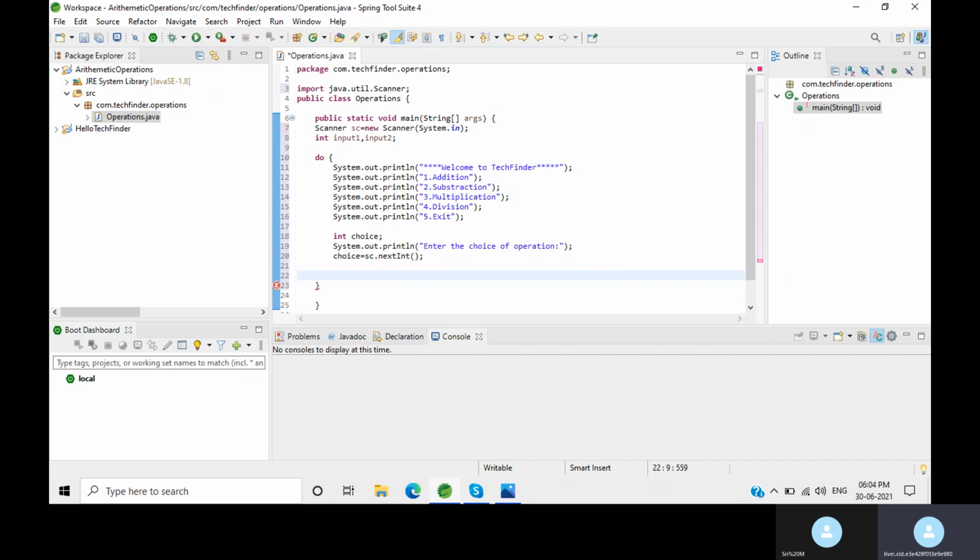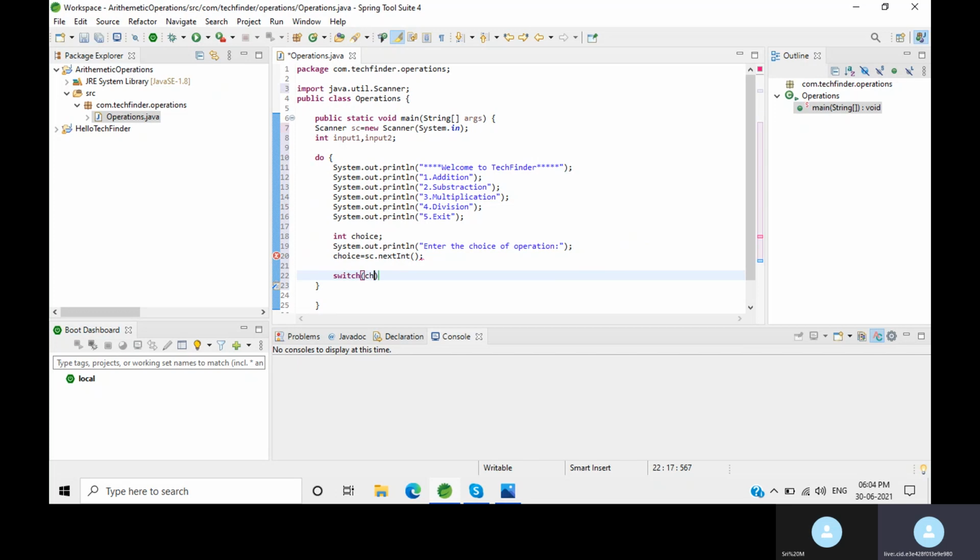Next, we need to select the cases based on the user choice. If we select 1, we need to perform the addition operation. If we select 2, subtraction operation. For that, we are using the switch and case statements.